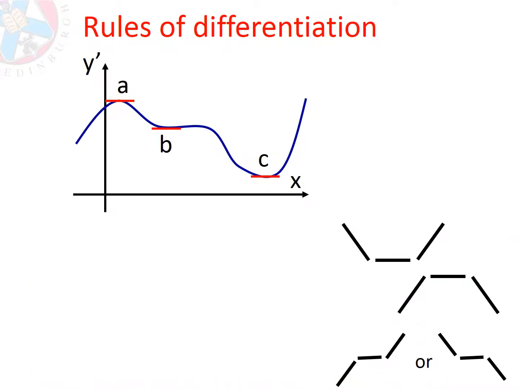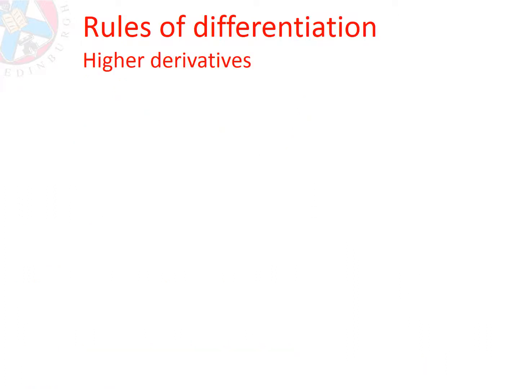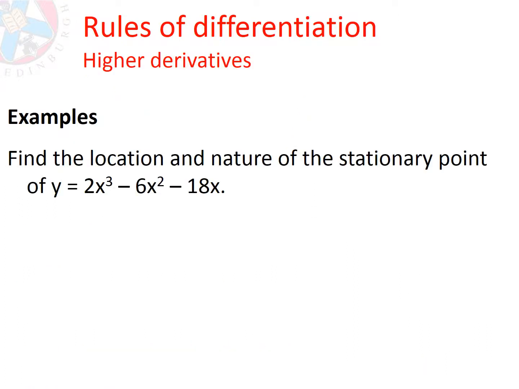Okay? So we can tell whether it's kind of a frowny face or a happy face. If it's at the 0 here, we can't tell us anything. Okay, so I'm just going to go through these examples